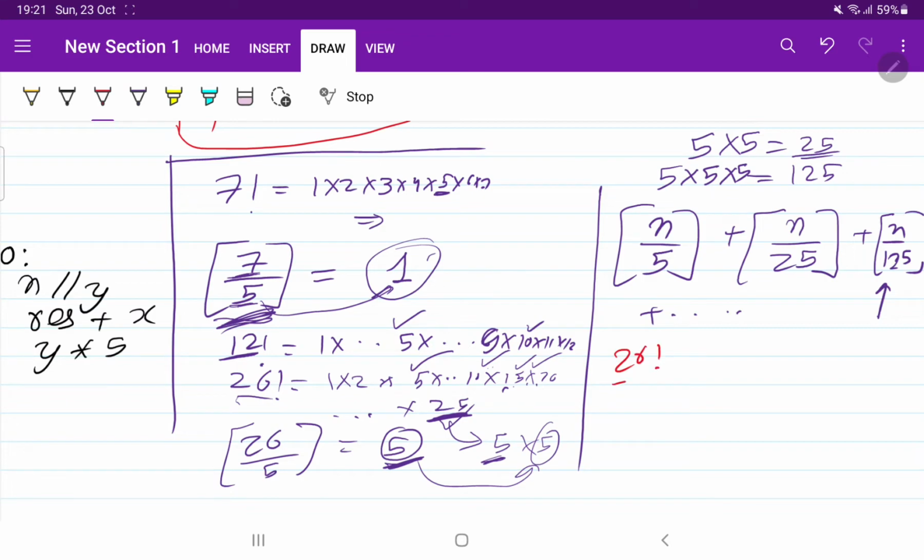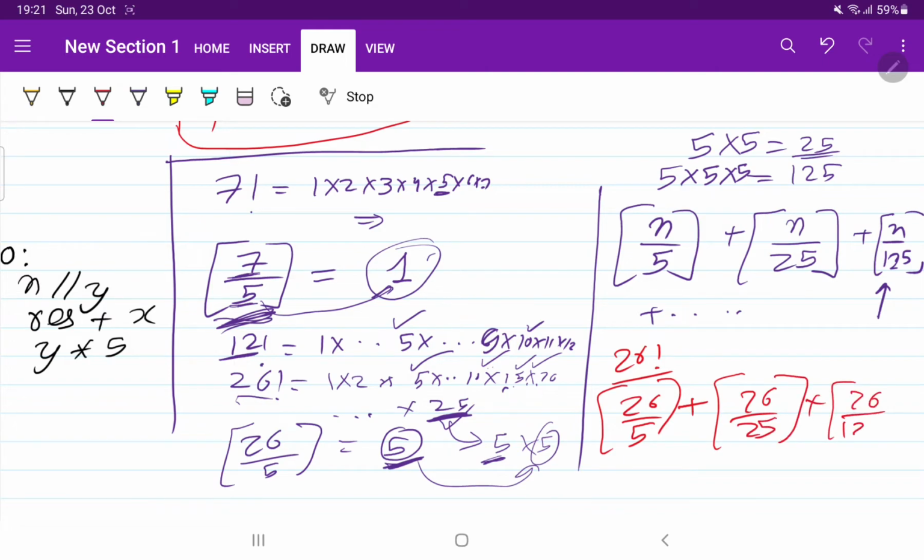Let us see 26 factorial. So 26 divided by 5, then 26 by 25, then 26 by 125, and so on. Here we are going to get the value 5, here we are going to get the value 1, but if you divide 26 by 125, you are going to get 0, because our computer will give the integer solution. It will not give 0.something, it will give the integer. Okay, so here we got 0, so we will find the count as 6. So if you find the number of zeros in 26 factorial, you are going to get 6.